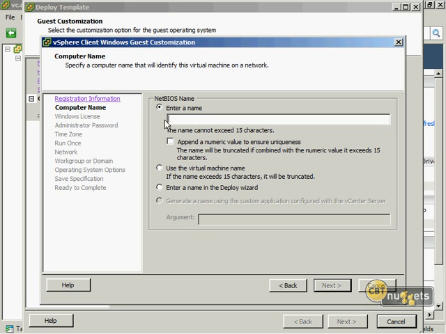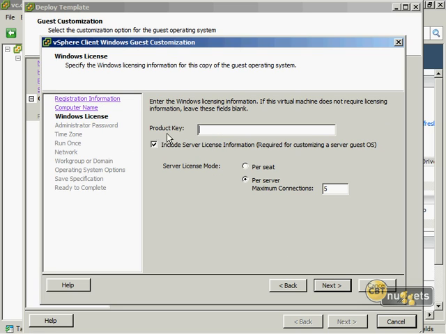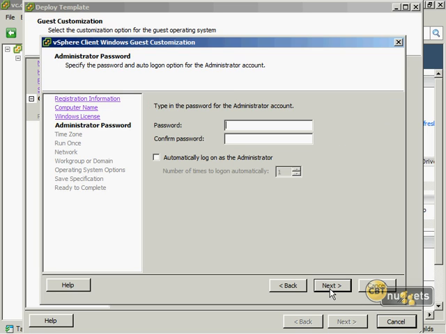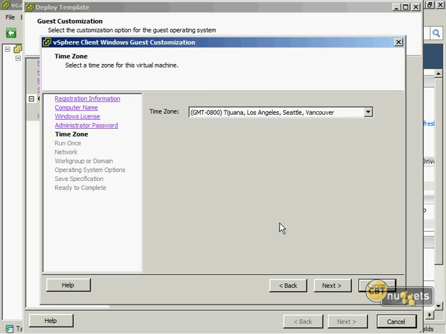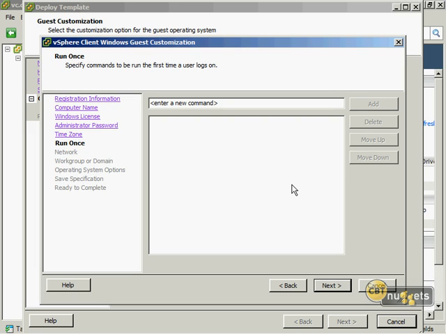you'll see, well, wait a minute, I can actually deploy, I don't know, I'll call this VM6-1, or I can give it a unique value, or enter a name in the deployment wizard. I can give it the license information if I want, or plug in the administrator password, even have it log on as administrator the first time to make the whole deployment process that much easier. I can set my time zone to Tijuana, which is what of course I want to do,